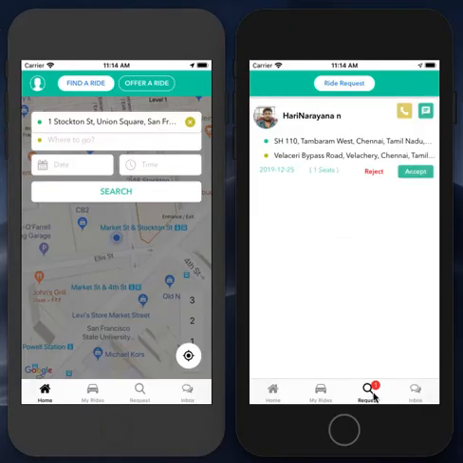and I'm clicking on the request on the driver profile, and I would have received the request that the user has sent me. I'll be able to see the user details and the number of seats that he is requesting for, and I'll also have an option to either chat or call the user. So for now I'm just gonna accept the request,